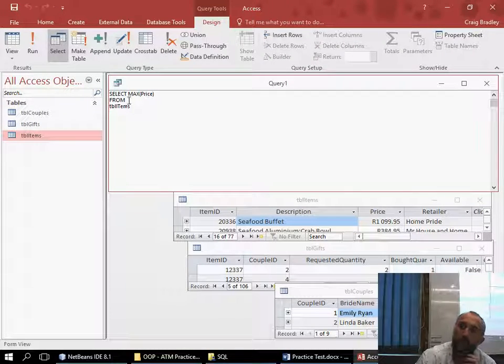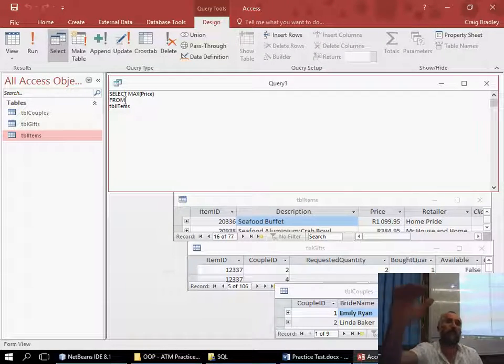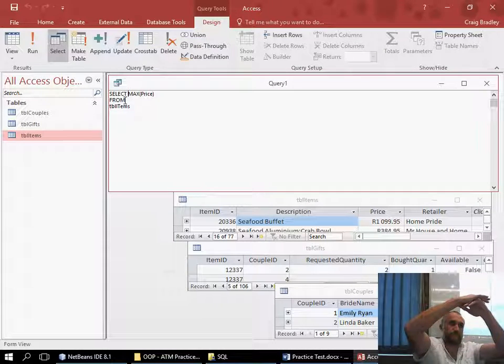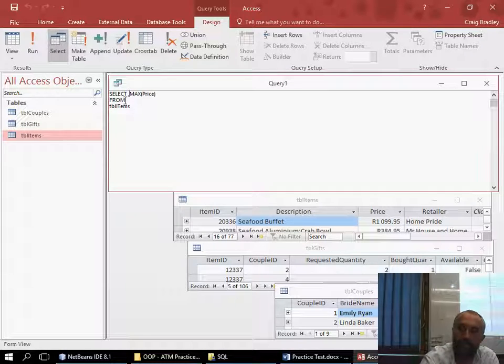Now, when you aggregate something, remember, aggregating, you're squishing everything into one field. Do you guys understand that? Okay? Now, if I were to